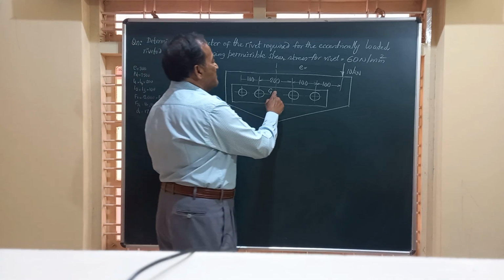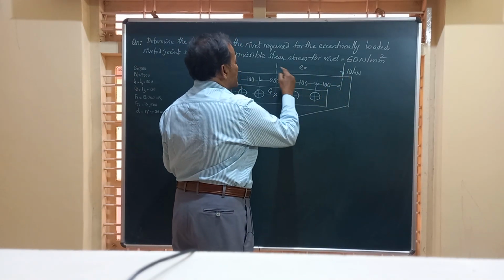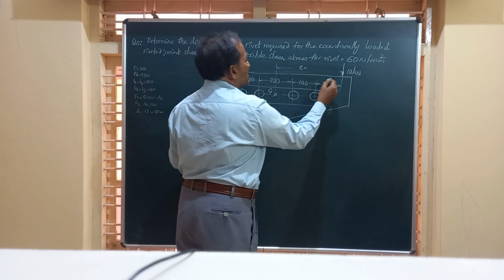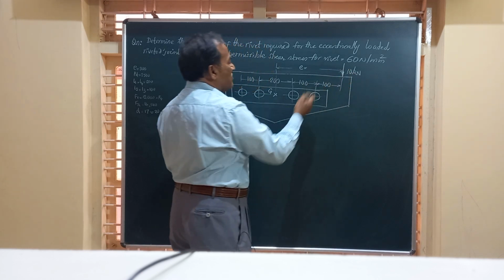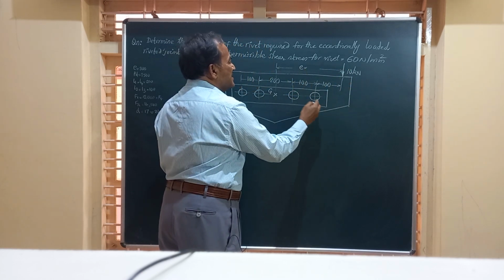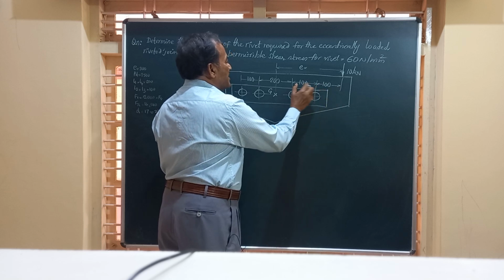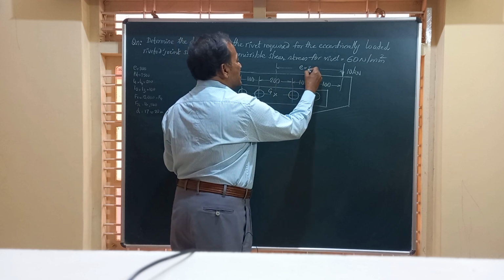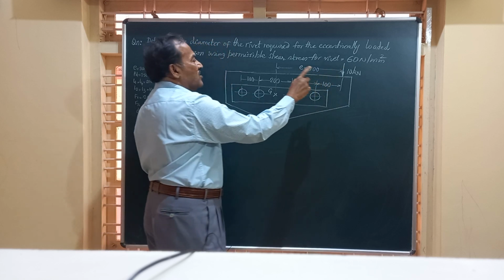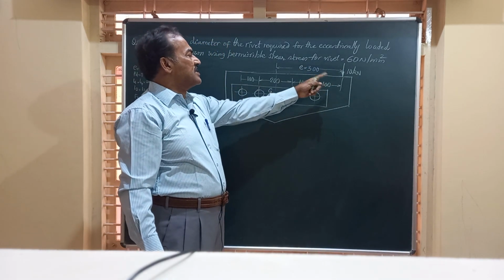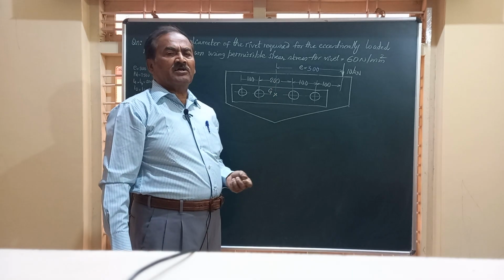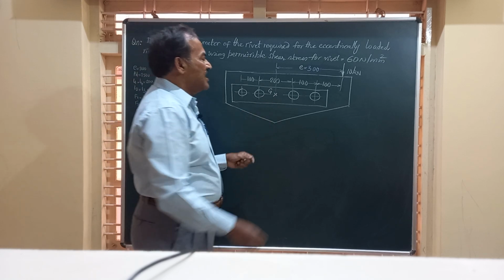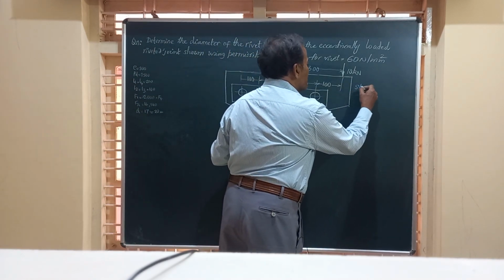Once you have located G, friends, the distance between the load axis and the center of gravity is represented by E, the eccentricity. In this problem, this eccentricity is 100 plus 100 plus 200 by 2, so totally E is 300 millimeter, or the load is acting at a distance of 300 millimeter from the centroid of the rivet system. So in the first step, we have located the centroid, and in step number 2, friends, we are going to